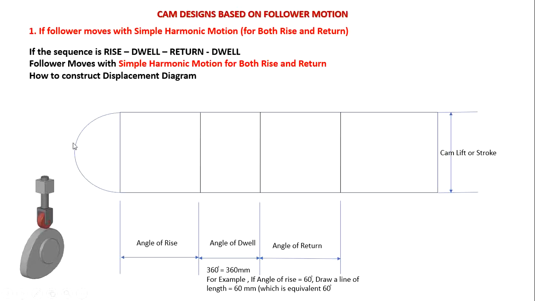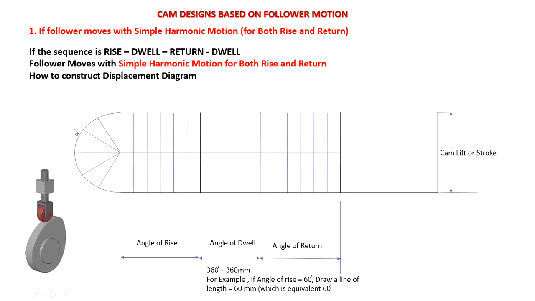Now, if the follower is moving with simple harmonic motion, this is the procedure to construct the displacement diagram. First step, from the center we have to draw a semicircle like this, and then divide the semicircle into 6 equal parts. Similarly, we divide this box into 6 equal parts. So the angle of rise is divided into 6 equal parts, and the angle of return into 6 equal parts. No need to divide the angle of dwell, because